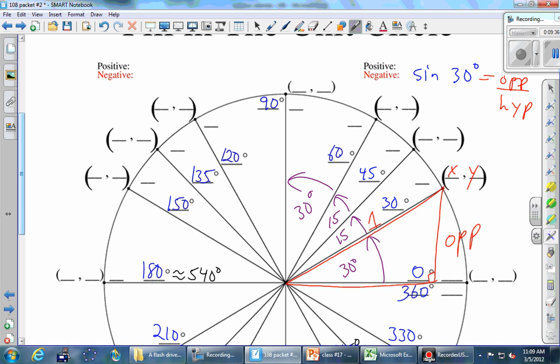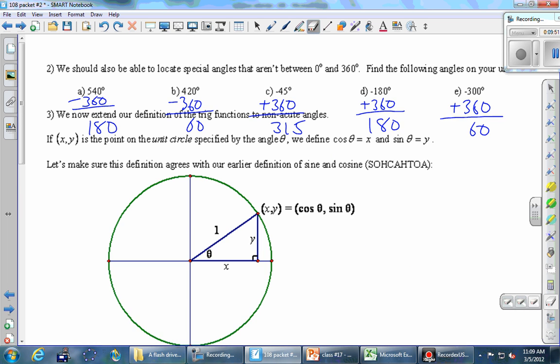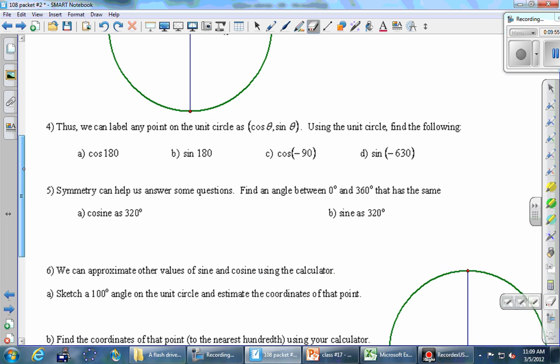Okay, so let's see if I can get rid of some of that stuff because our picture is too cluttered. But anyway, the point of all that is that this is a new definition, but it agrees with the definition that we had before for sine and cosine. All right, so